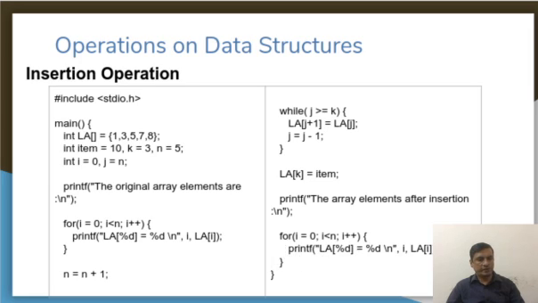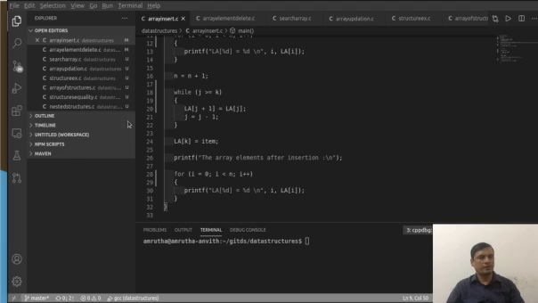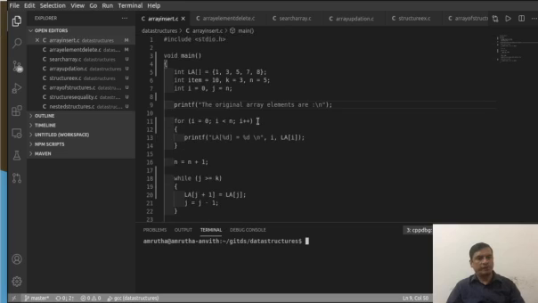To illustrate the program in the compiler, I am going to use VS Code, in which I am going to write a simple C program. I am going to declare, as I discussed earlier, a linear array consisting of 1, 3, 5, 7, 8, and I will be printing out all the original array elements.